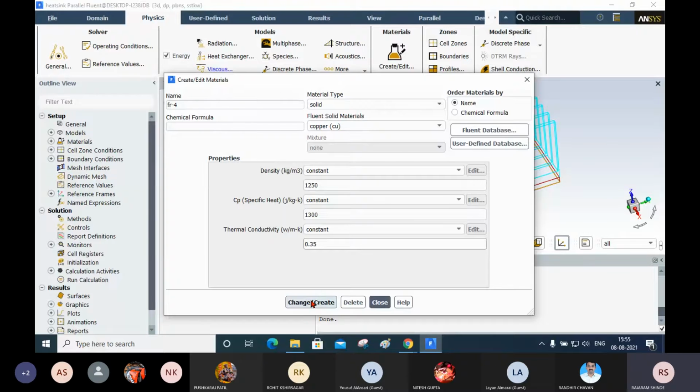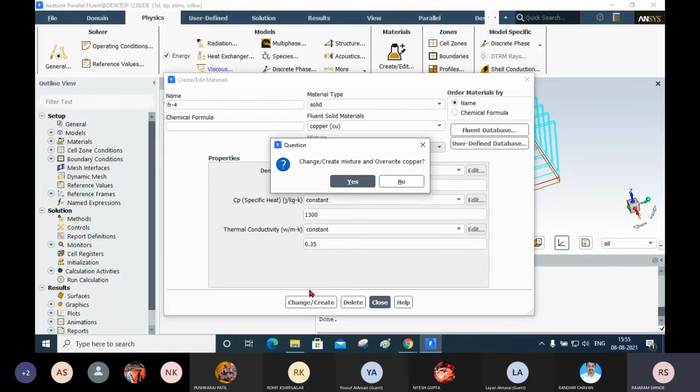Now it will show this message. I will tell you the meaning of this message. See here, if we select yes, then the copper will be replaced by this FR4, but I want copper as well as this FR4.